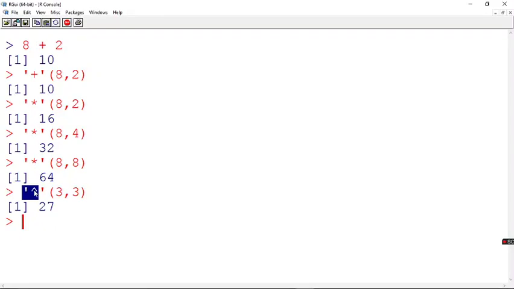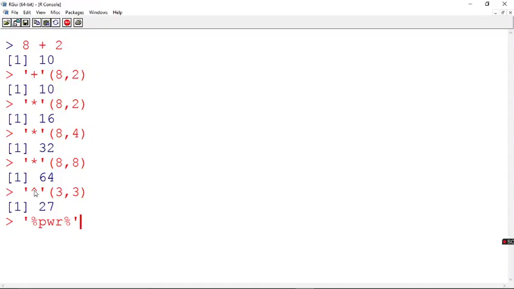How do I do it? I always said infix functions have to start with a single quote. So here also, when you create a user defined infix operator, you have to start with a quote, and within the quote, you have to give the operator between percentage signs. So you start with a percentage, and whatever operator you want you can specify, or a text, and close the percentage. And then also close your single quote.